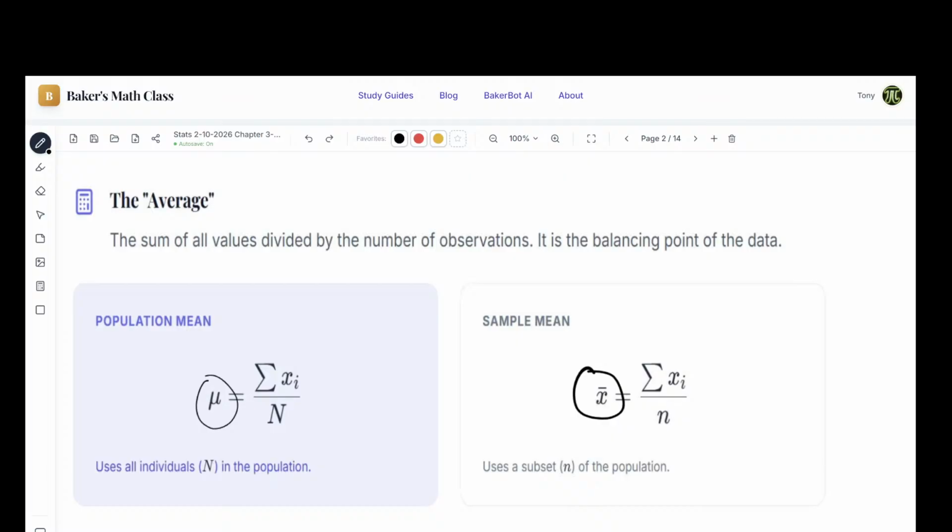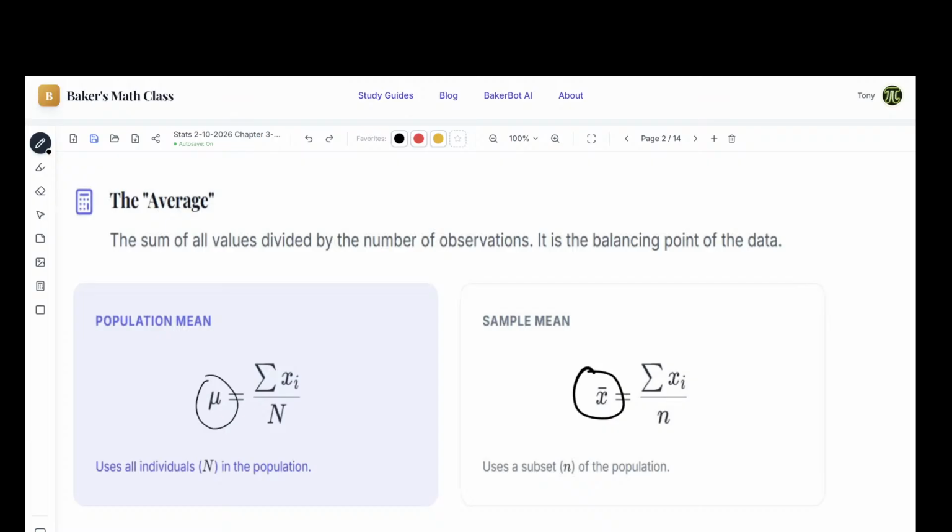To calculate mean or average, you add everything up and divide it by how many you have. And that doesn't change for those two. So all you're doing is adding everything up and dividing it by how many you have. Nothing crazy. We didn't add anything new for average. That little symbol right there is the summation. That literally just means add everything up.